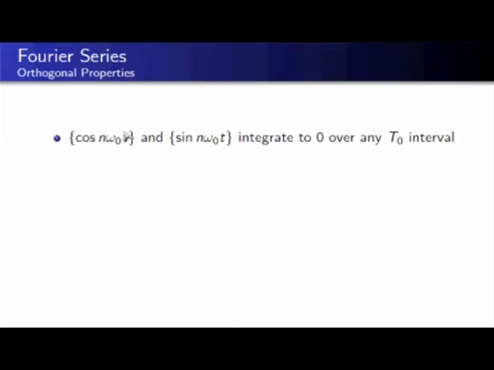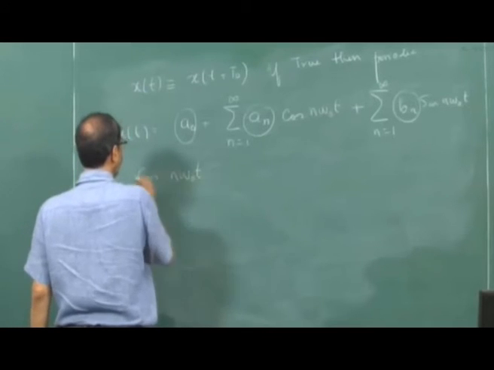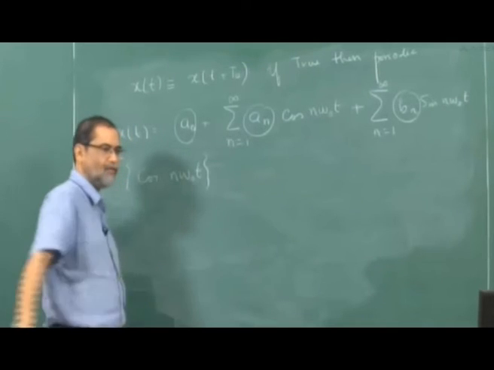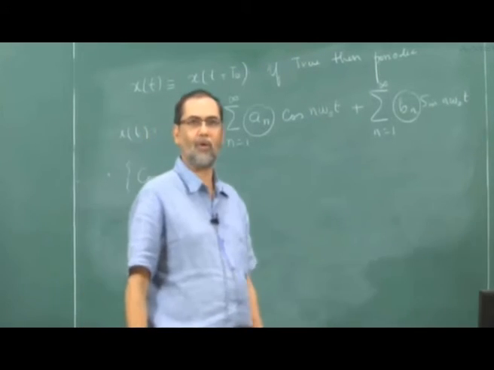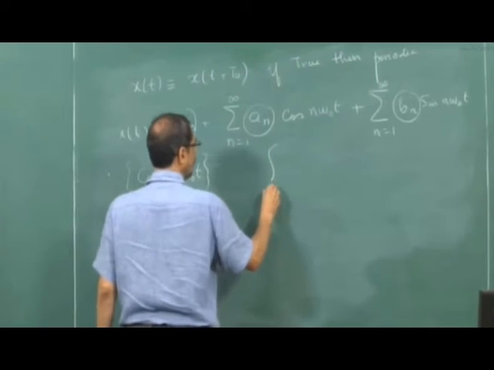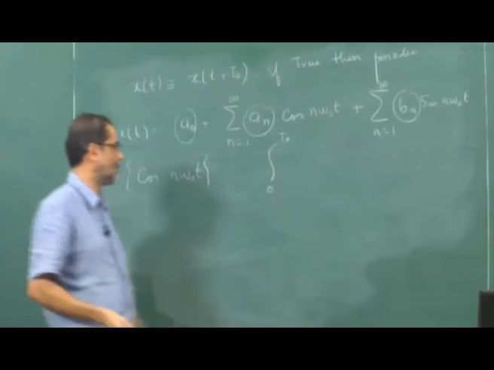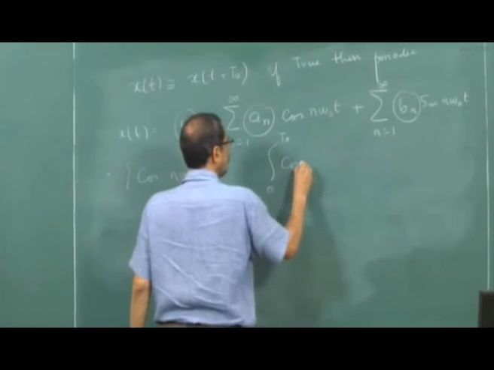So he says that if you take a family of functions cosine n omega naught t, if you integrate this over the period t naught, meaning if you just take 0 to t naught, or any t naught period, let me take it as 0 to t naught, if you take cosine n omega naught t dt,